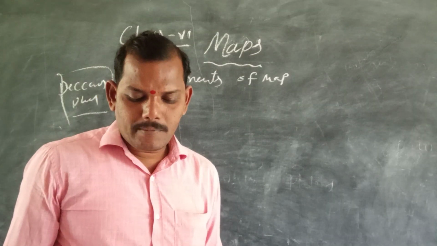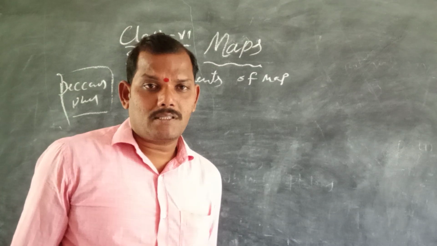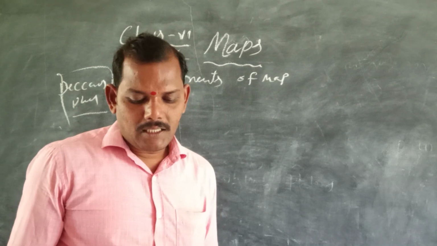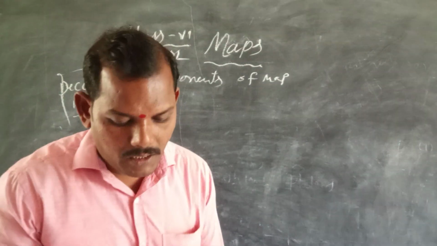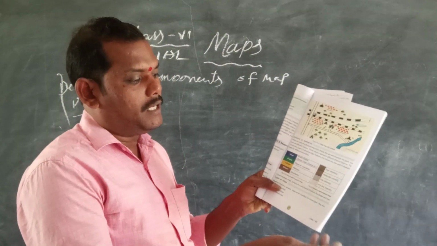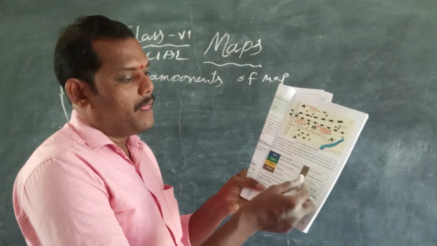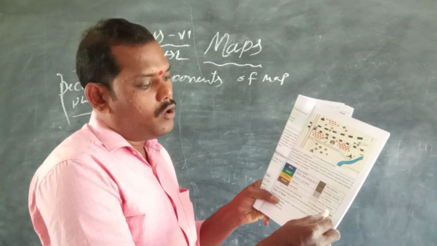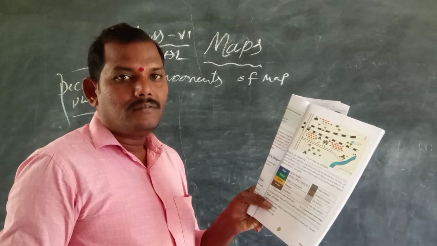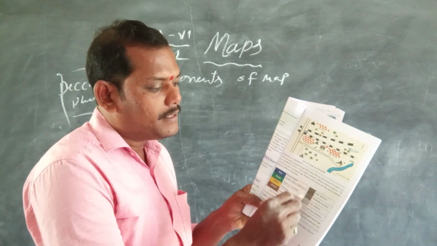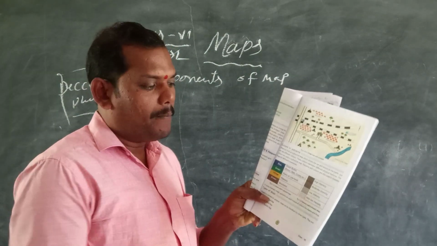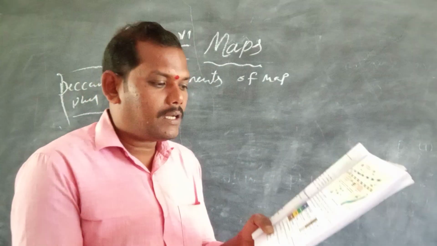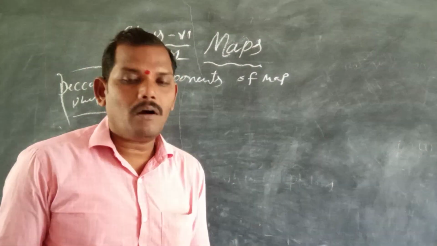So in the thematic maps, we are using some other symbols. Just see page number 33. What symbols and colors are used here? The high intensity, moderate intensity, low intensity, and very low intensity are shown by different colors, some black dots, some patterns, and some straight lines. Like these, other colors are used in the thematic maps.